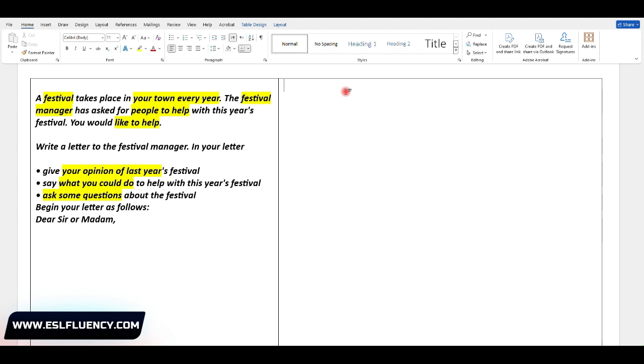And for each bullet point here, I'm going to write a body paragraph so that I cover all the requirements of the task. So here it is, BP1 for body paragraph 1 for the first bullet point. My idea was, I loved that, because it was an outstanding event or celebration. What did I like about it? First of all, I'm going to write about the oyster contest that happens in the city of Norwalk in the United States. So there are a wide variety of activities in that festival.